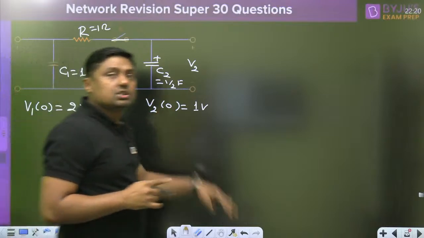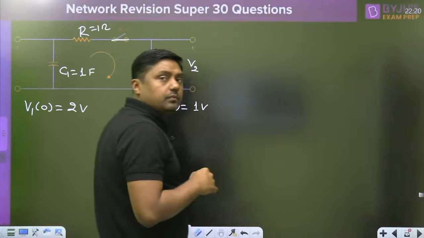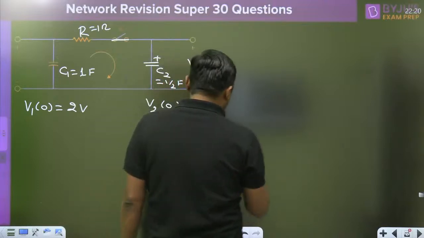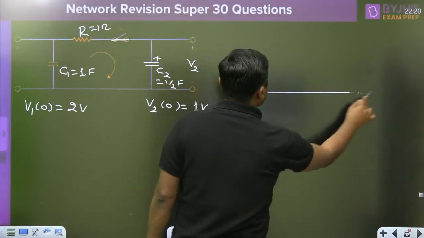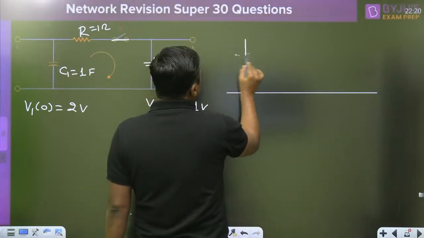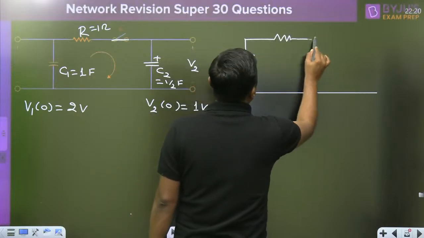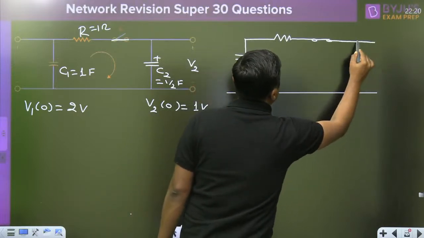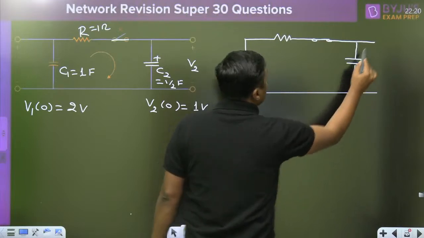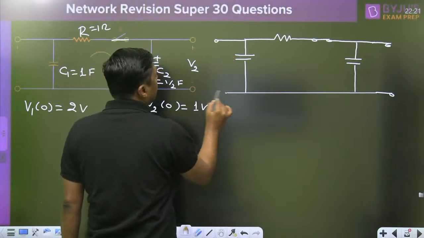When we are closing the switch, what is the initial current? Yes, here now it is visible. Now this circuit is visible, right? So initially, when we are closing the switch, this is the diagram. I think now it is visible.